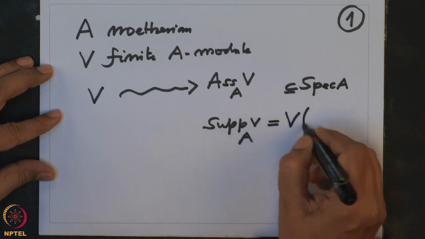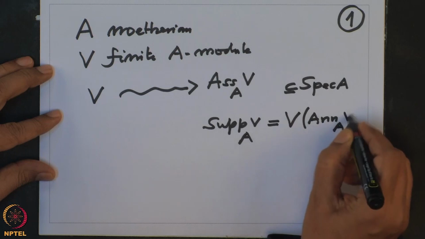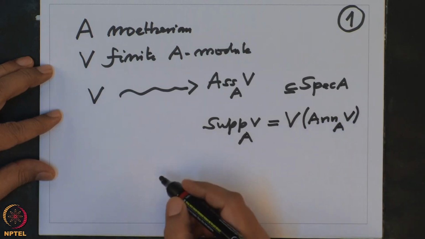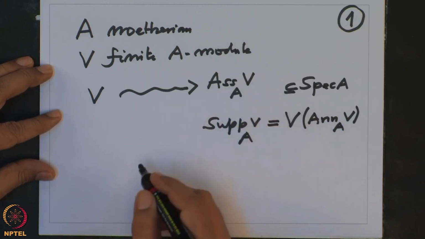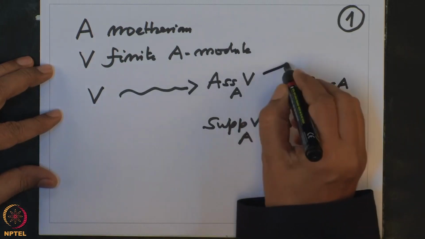This is V of the annihilator of V. We have also checked that the associated primes is a finite set,